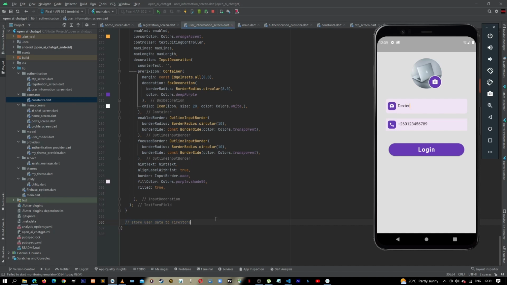So here, let's say void save user data to Firestore. Like that, and then let's keep this asynchronous. Then down here, first let's get our auth provider,